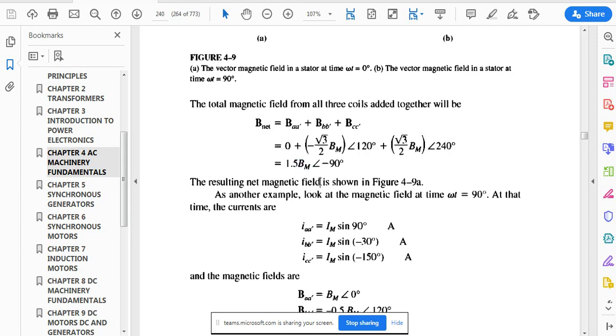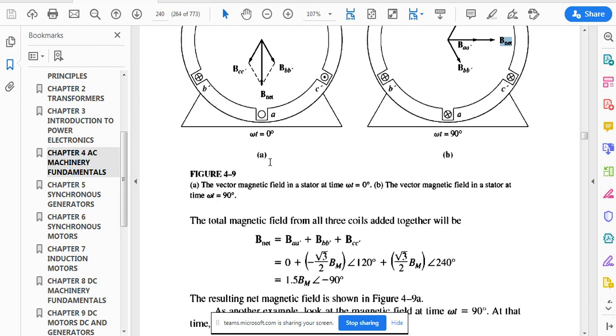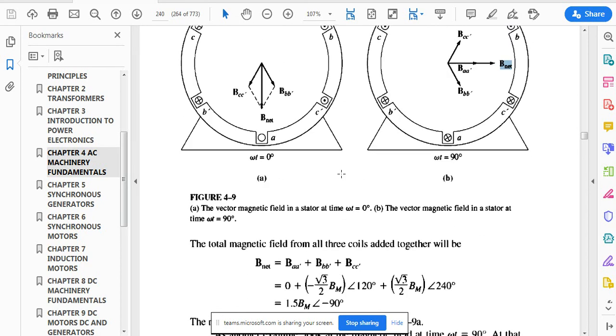What is Bm? Bm is the magnetic field of one of the magnetic coils, the BA, BB or BC. So you can see you are adding this phasor sum. When you are adding BB and BC, BA is not there, you are getting B net. Similarly, BA and BC, you are adding them together, vector sum, so you are getting B net. The only thing is that the B net is going to be rotating. So B net is rotating. This is a mathematical proof.